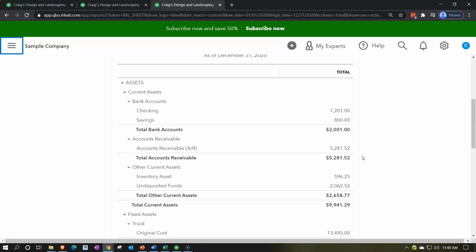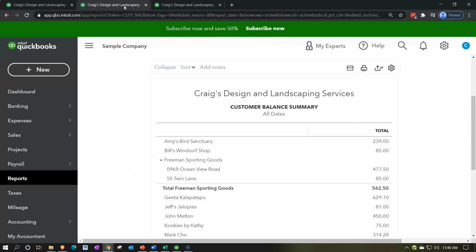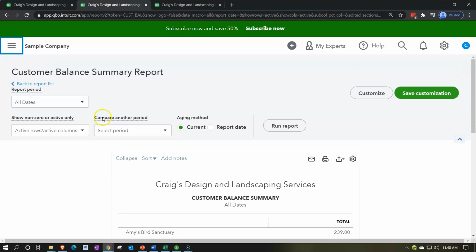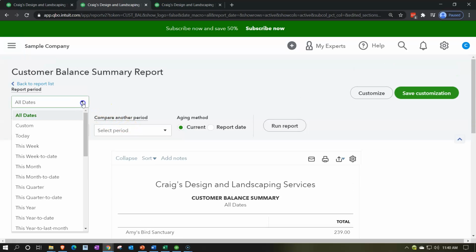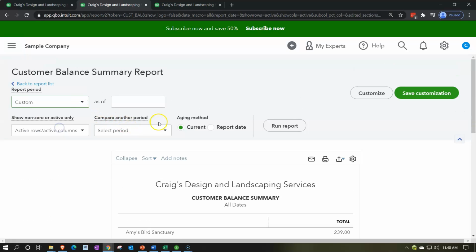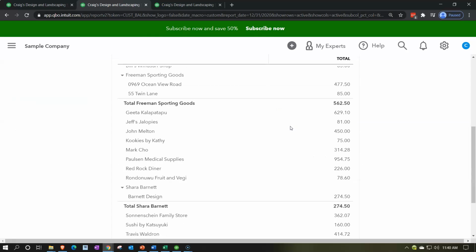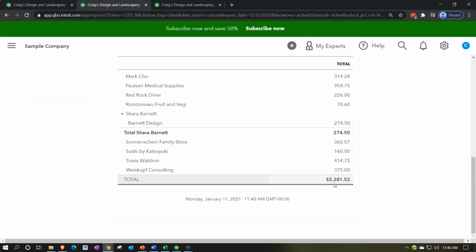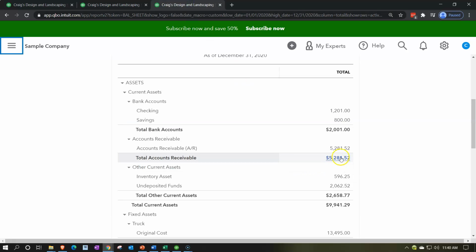And for that, we run the other report, which can't just be the drilling down on this report because I need it by customer, not by date. So we're going to go to this report and say, all right, we have this report on the second tab, closing up the hamburger for this tab. Range change up top. Do we have a good range? Let's make a custom range. And we'll just make it as of 12/31/20. Run that report. The total of this thing broken out by customer is that 5,281.52. That's the same as is over here,